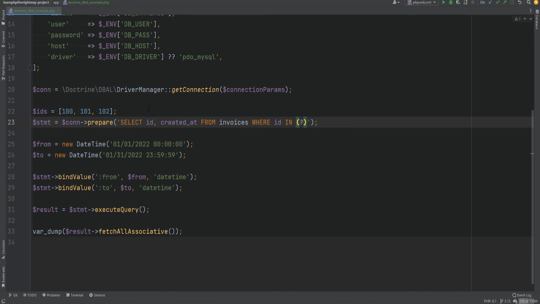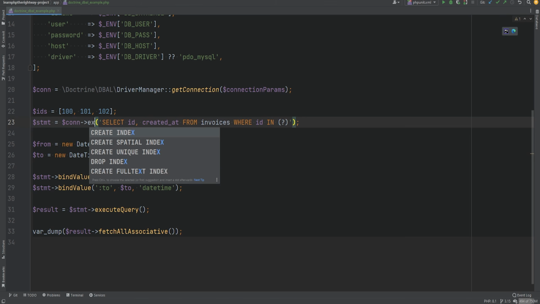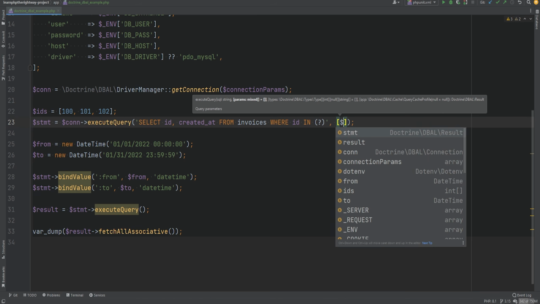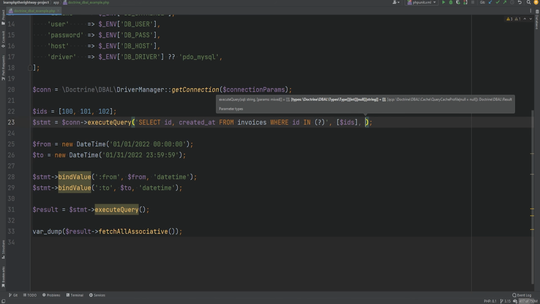So we could actually use the single placeholder here, but the catch is it only works when calling execute query or execute statement directly on the connection object. So we would do execute query. The second argument is the params that we would pass in, which is the IDs, and then the third parameter is the types